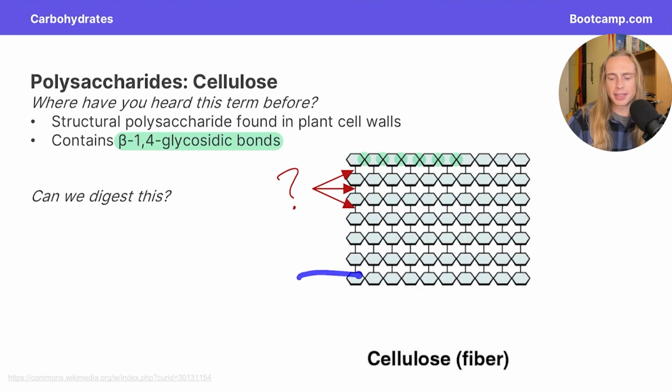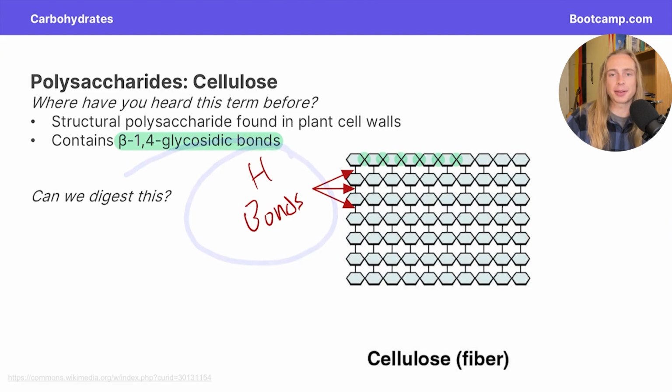These beta-1,4 glycosidic bonds make it so cellulose lines up in parallel like this. Because of this orientation, cellulose is going to have strong intermolecular forces between themselves, and we see this happen here. What do you think these forces might be? And perfect. In answering this question, hopefully you remembered that cellulose is comprised of glucose monomers. Remember, glucose has a lot of hydroxyl groups on it, and these hydroxyl groups are capable of doing hydrogen bonding between themselves. This parallel structure, along with the extra intermolecular forces, makes it so cellulose is a really great polysaccharide